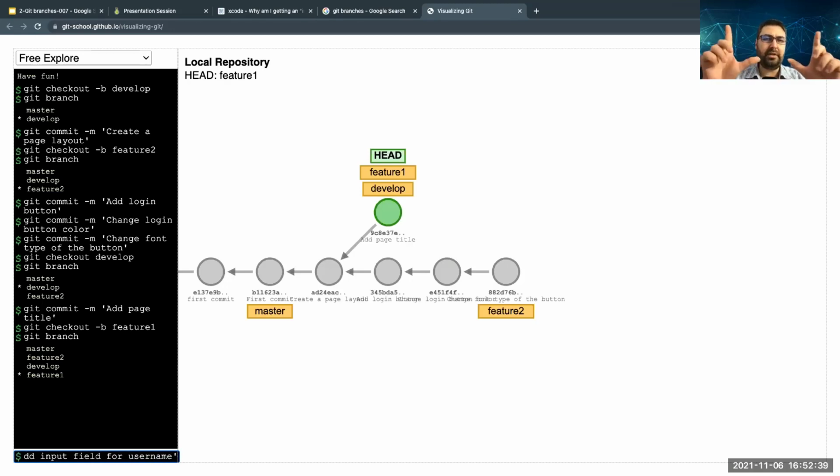Okay, because you know the login screen has a username input box and the password input box. So this guy's job is just creating the inputs. Your job is just working on the layout. The feature two guy is just the button. You are three and you are working on the login page of your application.